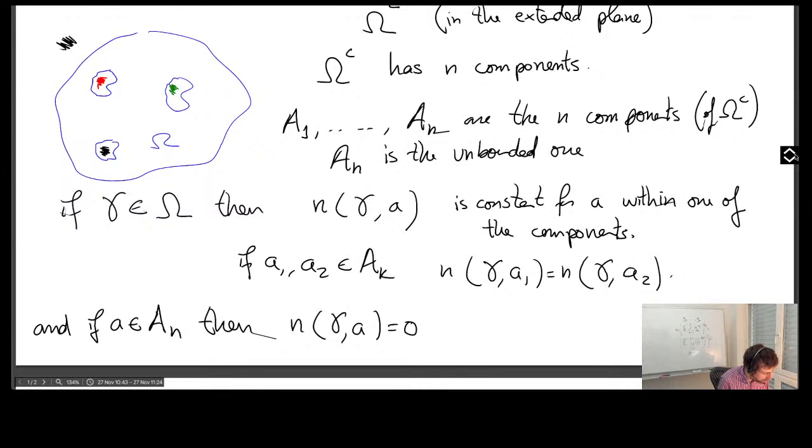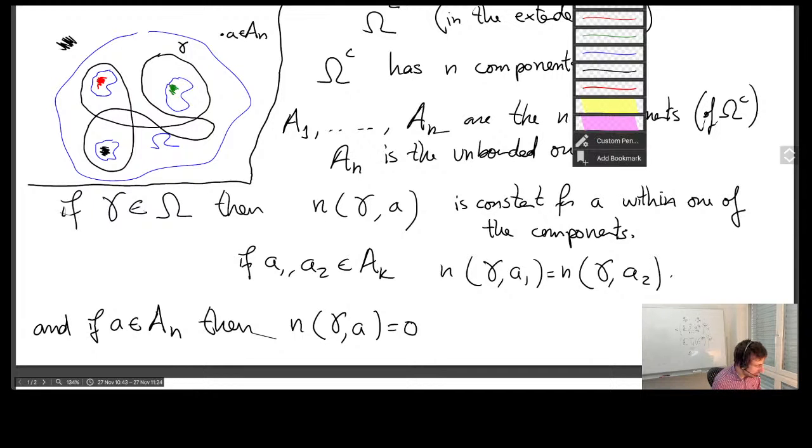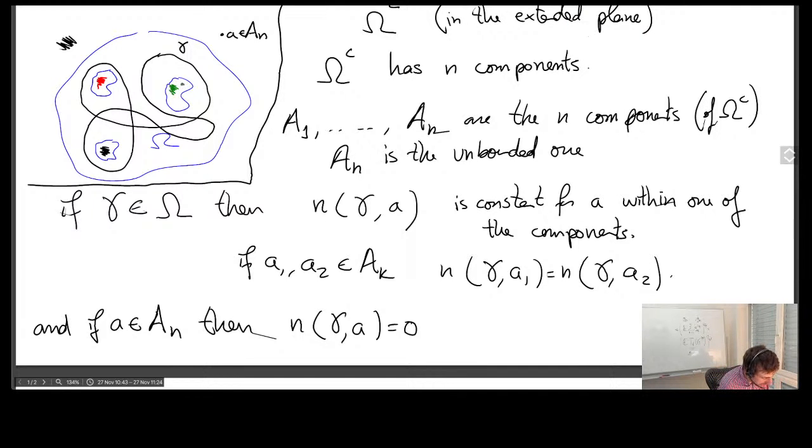Right, so let's look. All I'm saying is whatever curve I have, let's say that my curve goes like this, maybe. So this is my curve gamma, right? The winding number to a point outside, this is a point that's outside, let me draw a line around the picture, the winding number is always 0. Any 2 points in the green place, the winding number is constant, right? Any 2 points here, the winding number can't have changed, because it's always within the same region determined by the curve gamma, and that's all I'm writing here.